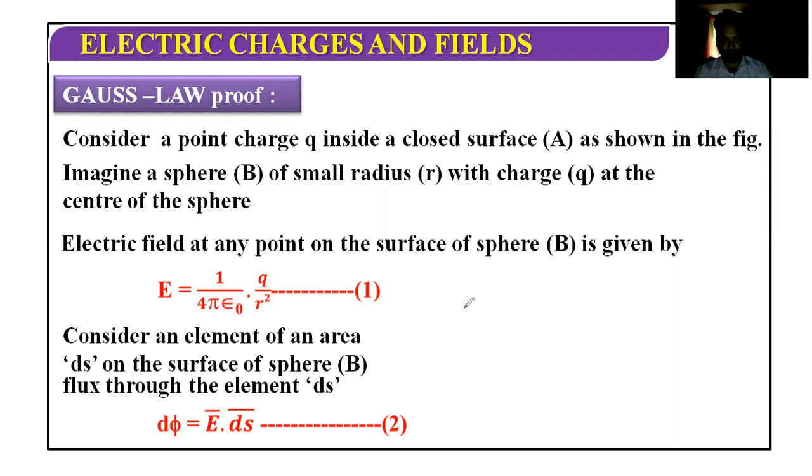So suppose we have a point charge, a positive charge over here, and this is plus Q charge, and at a certain distance R we take a point P, and we want to find out the electric field at this point P, EP. So we place a test charge over here. Test charge is Q naught. So from the Coulomb law, we can find out E is equal to the force upon the test charge.